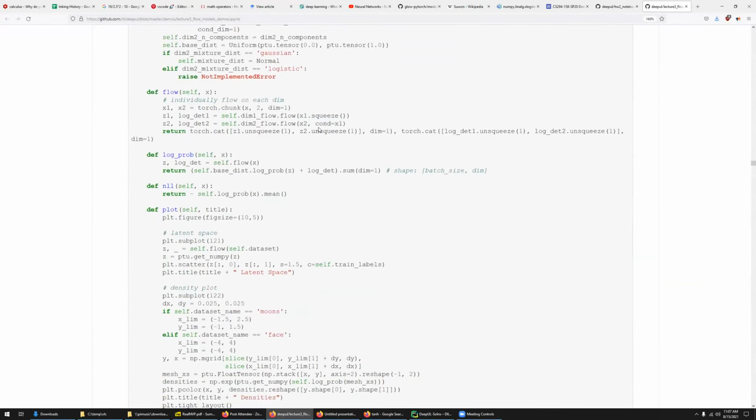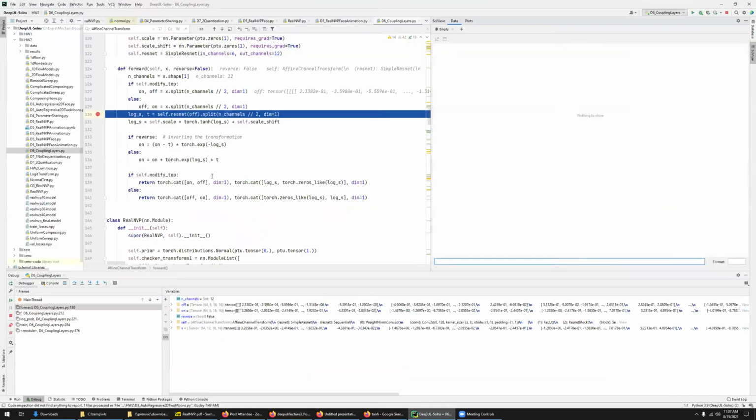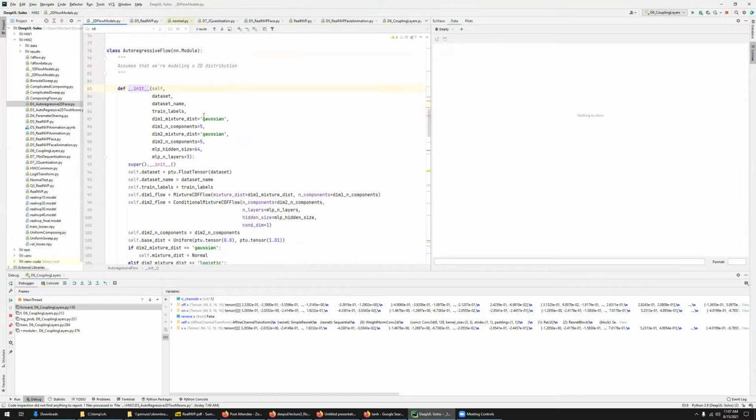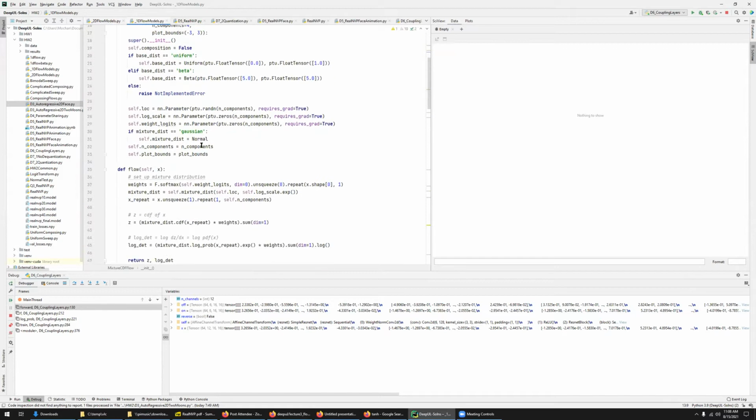So we have the one dimension here and the second dimension here, x and y, right? And so if we look at the code, it's the D3 autoregressive flow. They have two things. They have a mixture CDF flow and a conditional mixture CDF flow. So the first dimension is just a mixture CDF flow, and we've already looked at this one, right? So what it does is